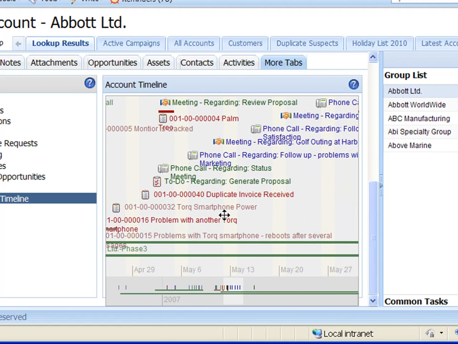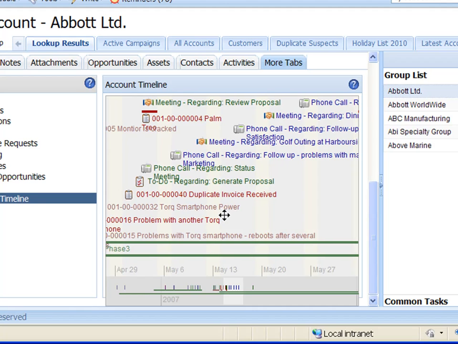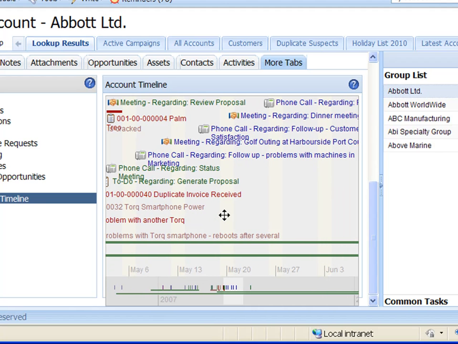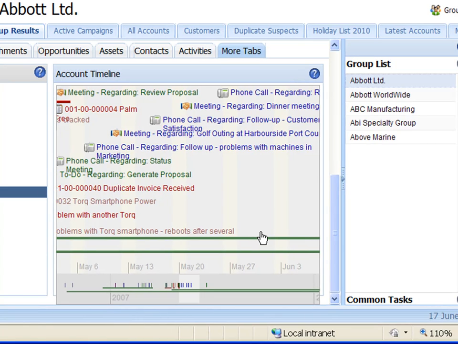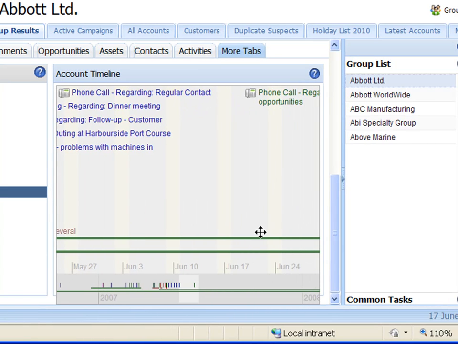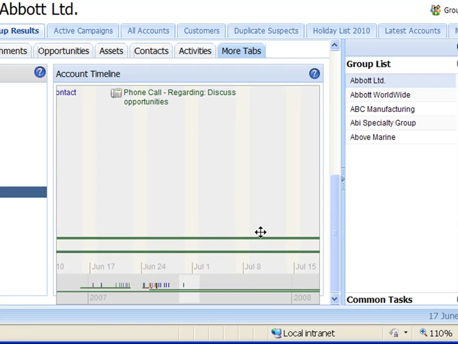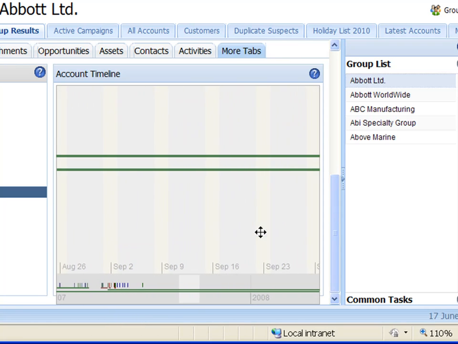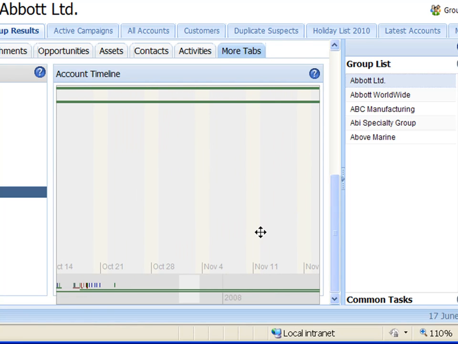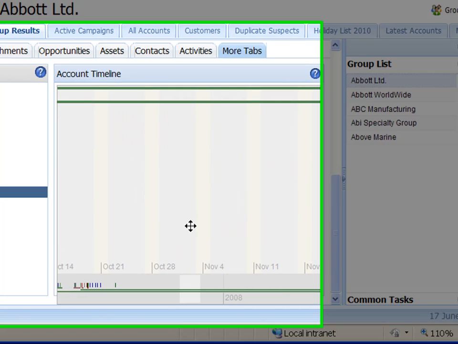Here it's starting to get pretty congested when we have a lot of different information in there. We see all of our phone calls, all of our meetings, any marketing that was done. Here's a meeting up here, but we can see exactly when all those were taking place in what time frames. So this would be pretty easy for a manager to scroll through and see everything that was happening with this record as time went on. And these keep going on because I think they're still open. There's still some open